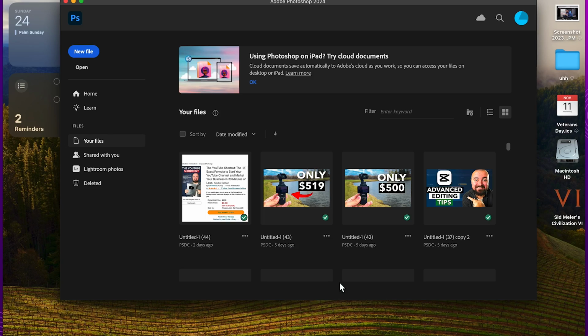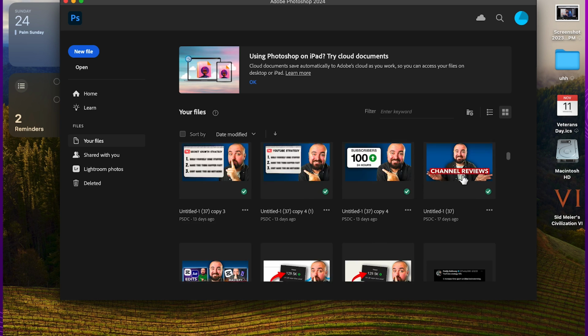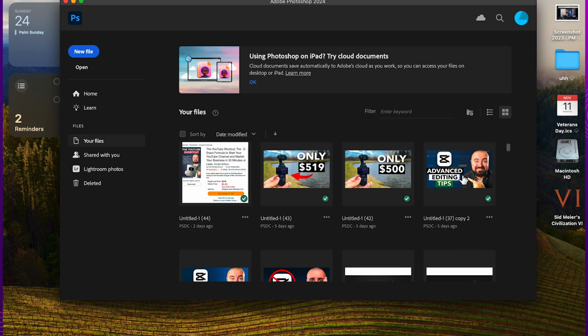And finally, the last tool on our list is Photoshop. This is probably the best thing you can use to make thumbnails in. It's going to give you the highest quality, the most options, especially because they just added the AI enhancements where you can create and add things with AI. It's ridiculous. So as you can see in here, I make all my thumbnails in here and everything